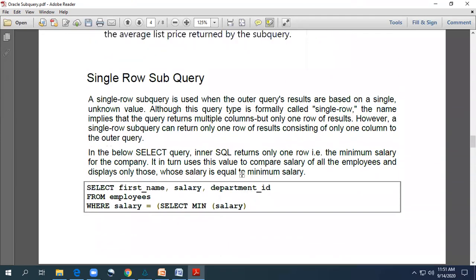See, student, whenever we use subqueries, either my subquery returns a single row or it can return multiple rows. It depends on your matching criteria. There can be a single row matching my query criteria, or there can be multiple rows matching my criteria. So if you know my query will return a single value, you can use the equal to sign. If you know my query is matching multiple values, then you can use the in operator.